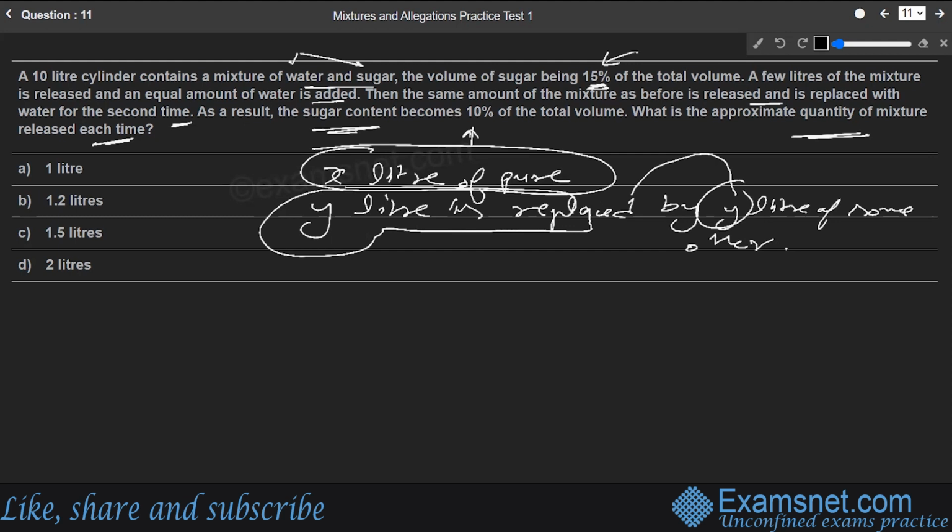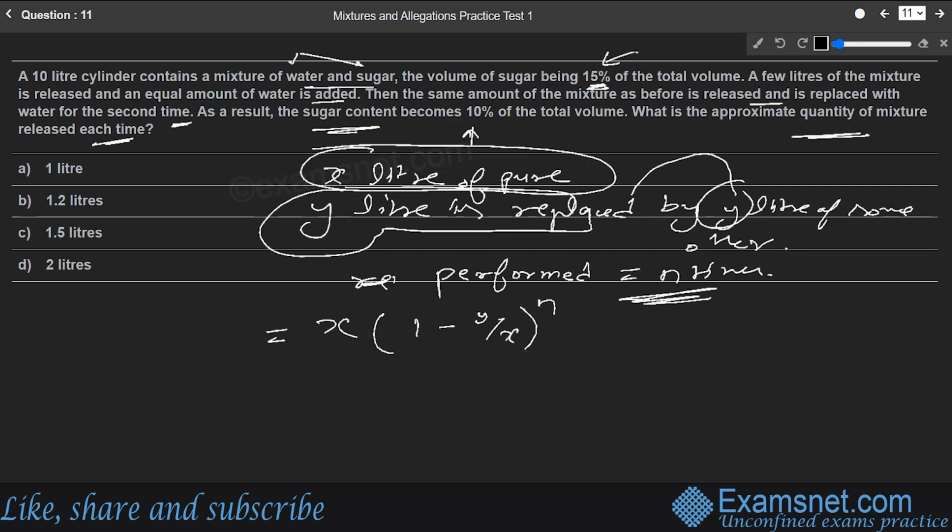And if this particular process, this replacement and adding back, has been done a total of n times, then we can find out how much of the pure x quantity would have remained after n such steps. The pure x quantity that would have remained inside that solution would be x into (1 minus y over x) to the power n. Okay, where x was the pure quantity in the very beginning, y is that particular volume